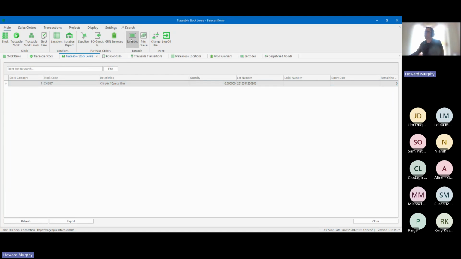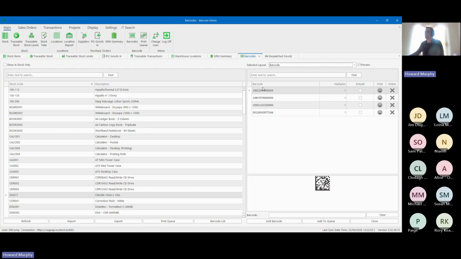But what you can do here is have multiple barcodes per single stock item, which effectively allows you to record the different barcodes with the different traceability information. So you'll see the courier fix one that we had down here. You'll see the individual barcodes appearing down in the bottom. Both 2D, 3D barcodes, QR barcodes, well, data matrix codes are what they're typically called. It'll accept any of those,